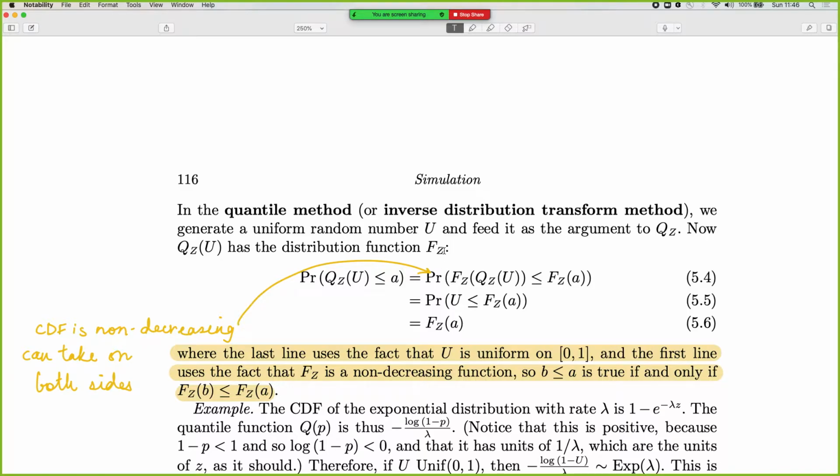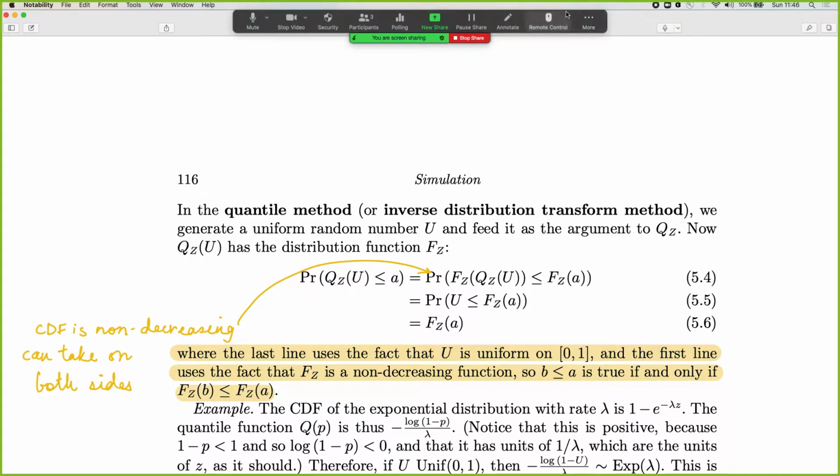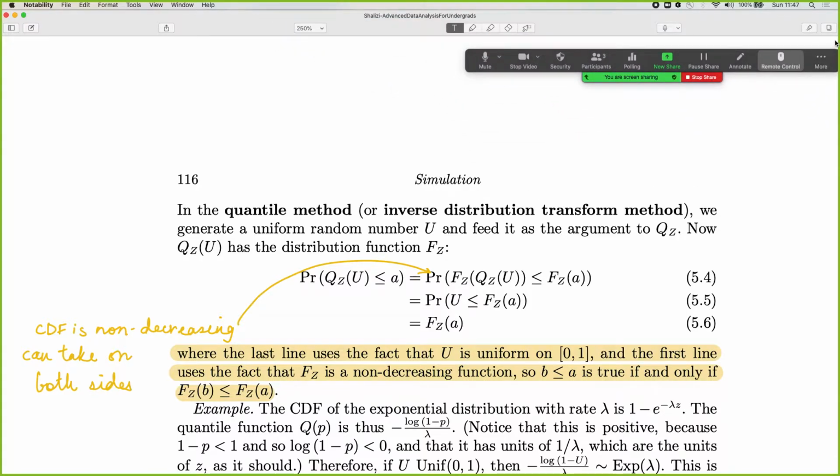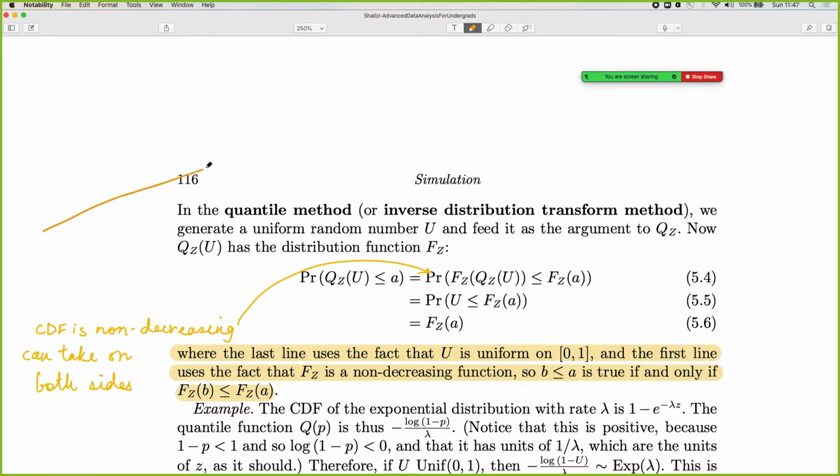So the CDF is fz, which is the inverse of the quantile, and so the probability that qz at u will be less than or equal to a value a is the same as the probability, because this is a monotonic non-decreasing function, which means